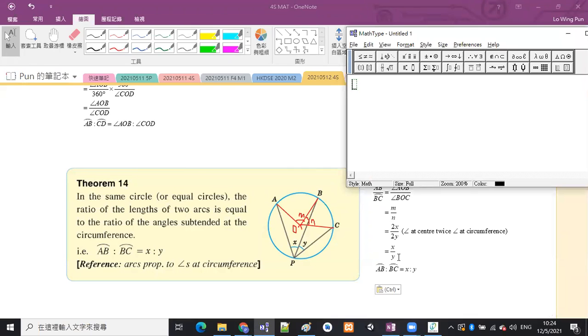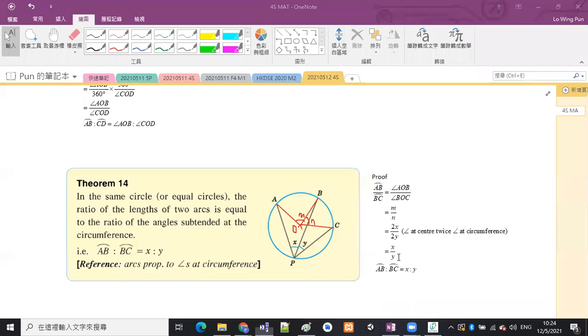And the reason here is arcs proportional to angles at circumference. 每一個 reason 其實都代表咗一個已經 proof 好咗嘅 package，所以我哋唔能夠 skip 咗啲 reason 嘅。